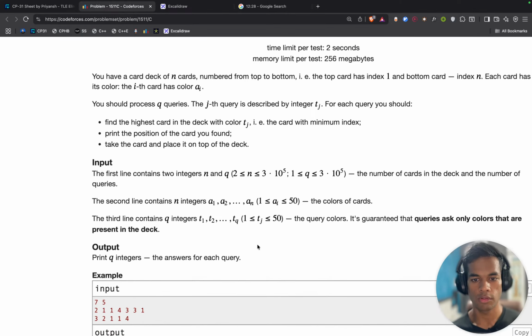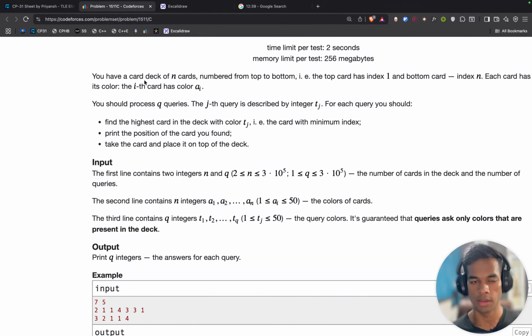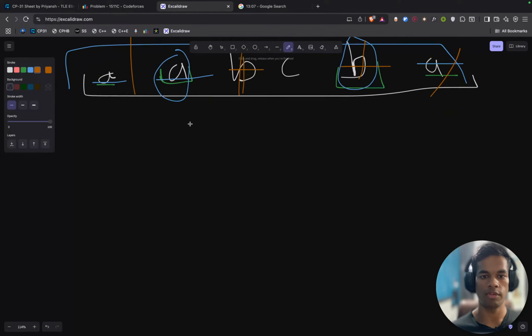The number of queries is also high. But this is 50, which has allowed me to make a smaller array, and I can fetch the fastest card, the card from the top. But only the cards who are above. Okay, the problem is this.